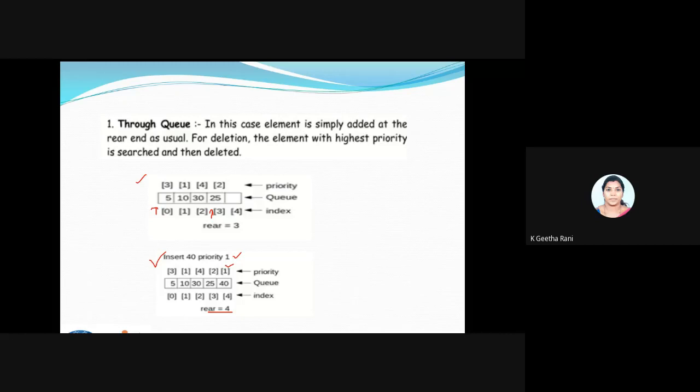You can see here, in a normal array I'll be just performing an insertion. So insertion is very simple in this particular process. You just have to increment the rear end. That makes the insertion clear. Fine. So next we'll go for another operation.